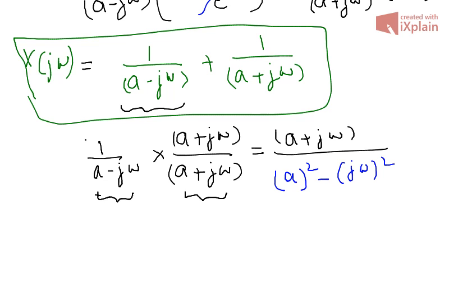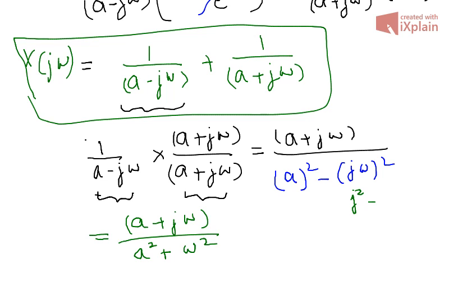Now you can rewrite this one as a plus j omega over a square plus omega square, because j square is actually equal to minus 1. So j square omega square gives you a square plus omega square in the denominator, right? So a plus j omega over a square plus omega square. Similarly,